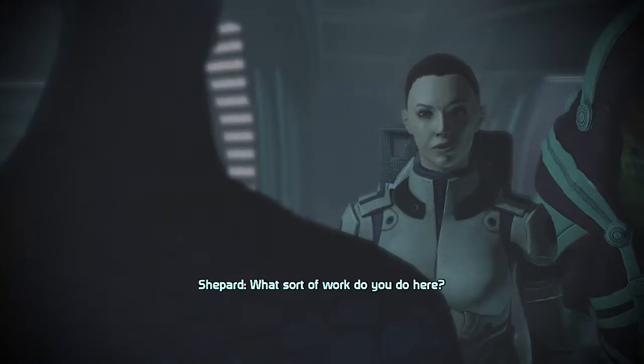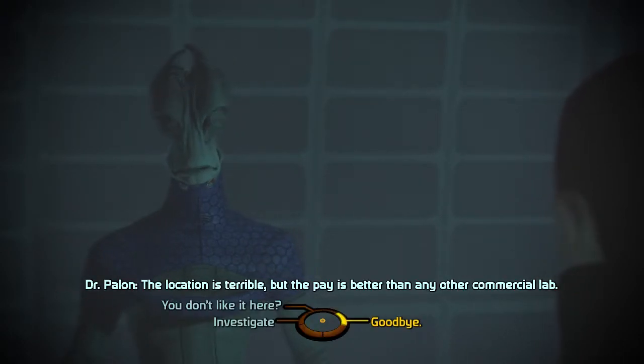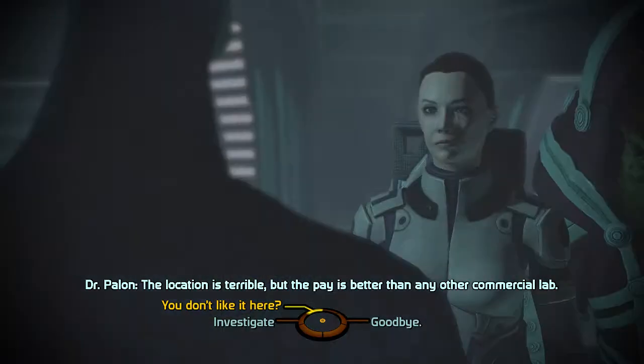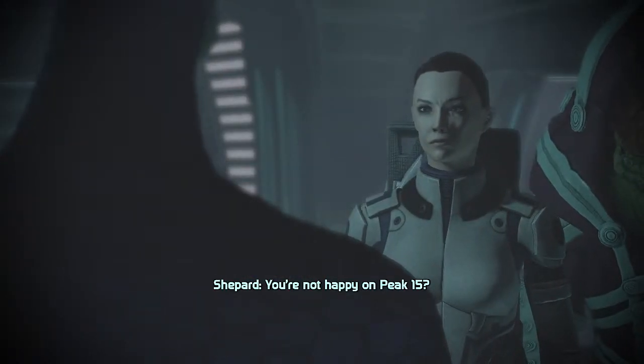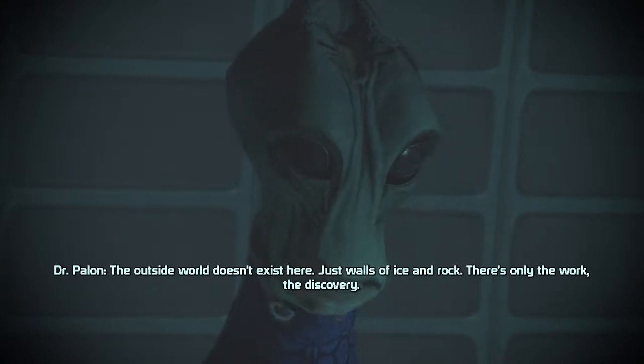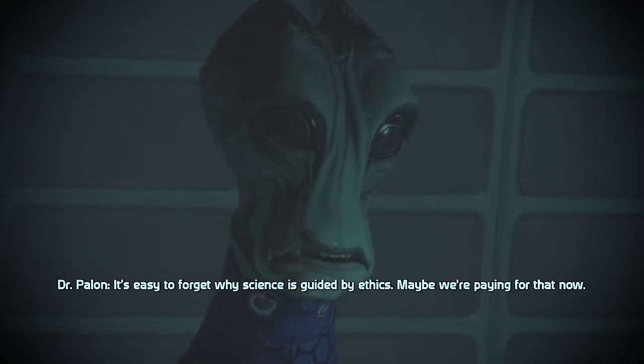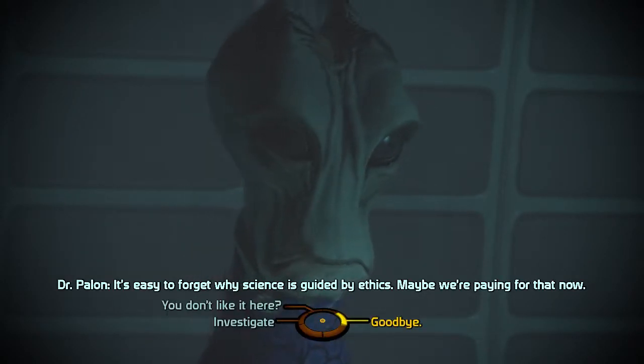What sort of work do you do here? I can't say. I signed a non-disclosure agreement. If we survive, I'd like to keep my job. The location is terrible, but the pay is better than any other commercial lab. You're not happy on Peak 15? The outside world doesn't exist here, just walls of ice and rock. There's only the work, the discovery. It's easy to forget why science is guided by ethics. Maybe we're paying for